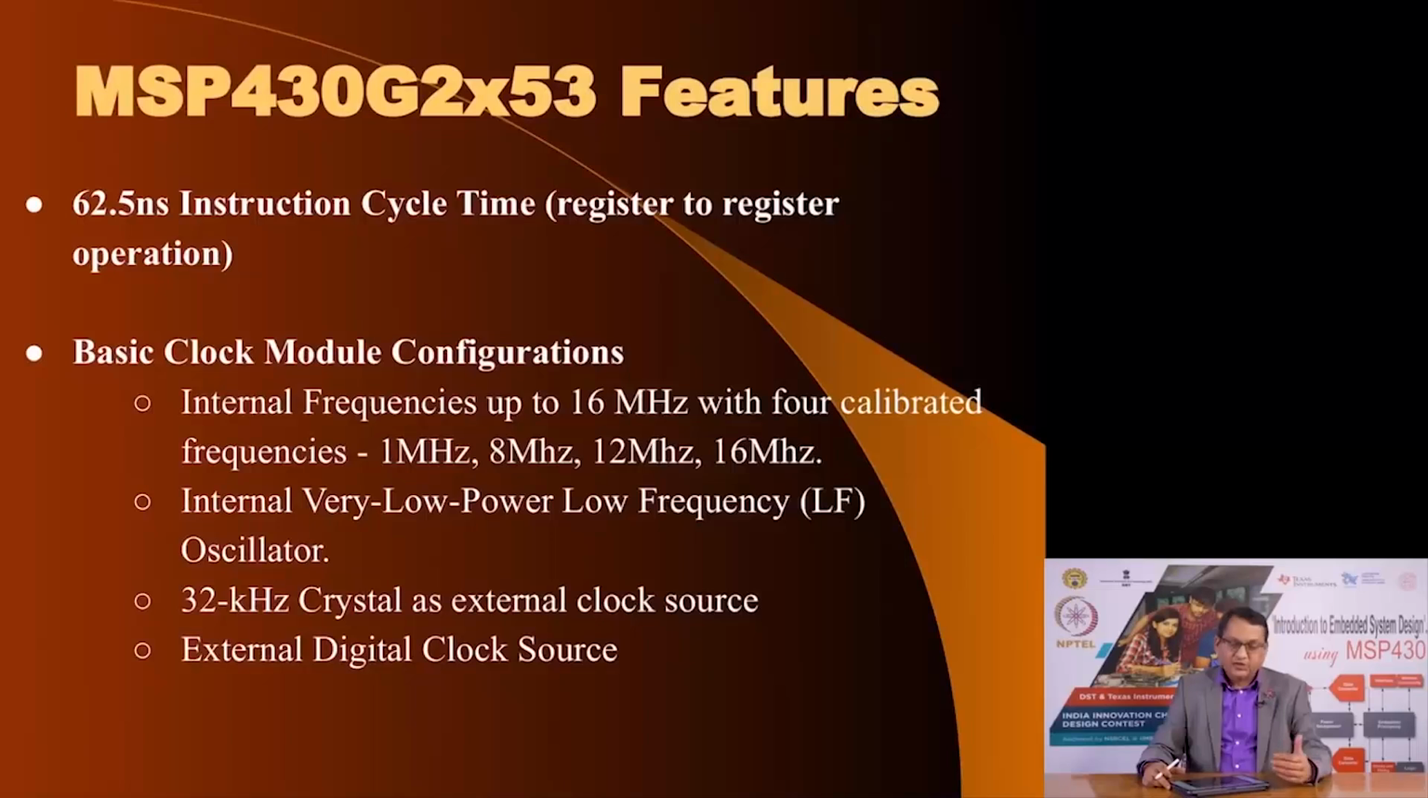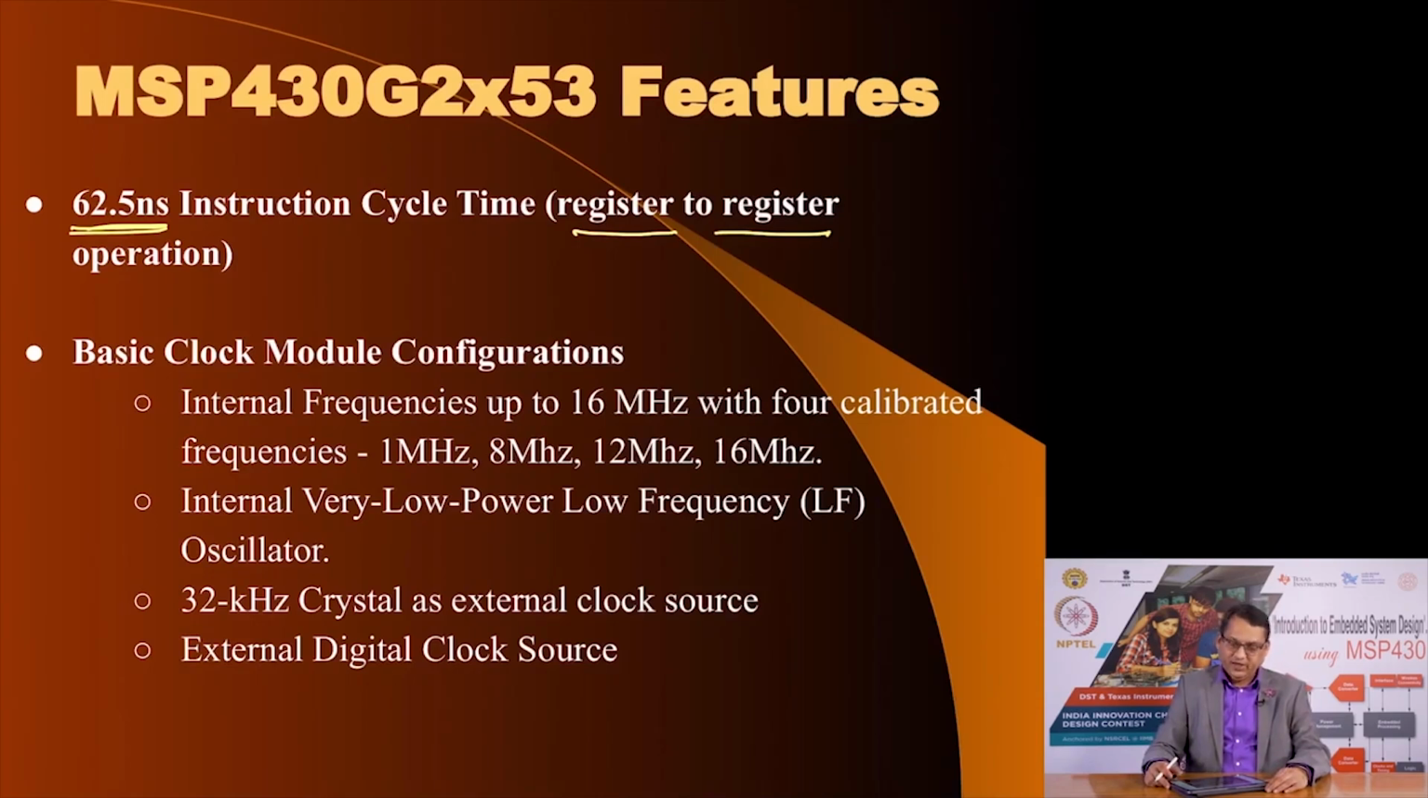As you noticed in that earlier slide, the dominant frequency of operation is 16 megahertz. So, if you operated your microcontroller at 16 megahertz, the clock period will be 62.5 nanoseconds, and in one clock cycle you can execute instructions which would transfer data from register to register. Of course, other instructions would take more clock cycles and therefore more time, but this is the fastest instruction that you can execute